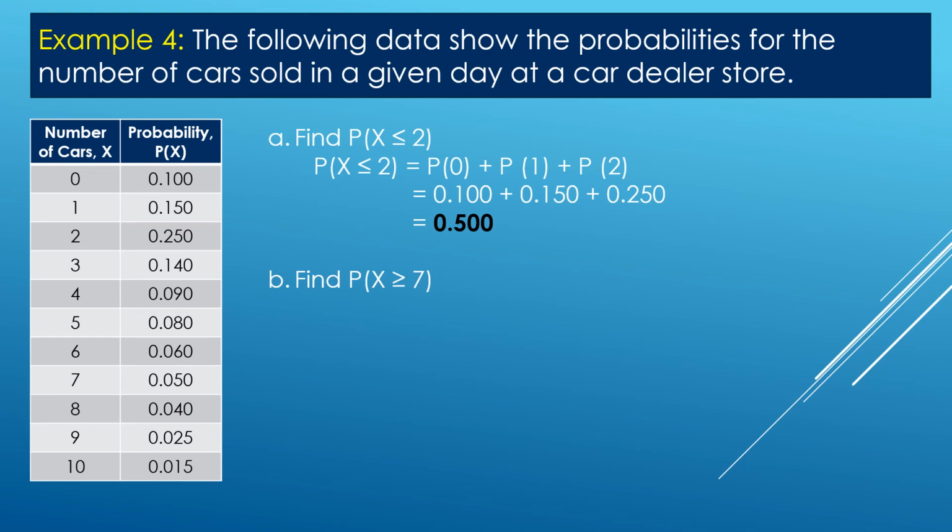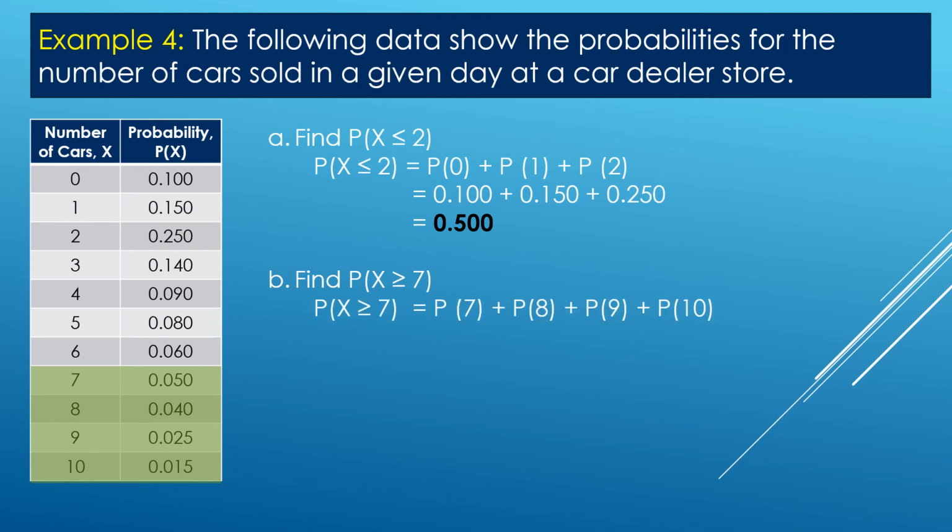Next, for letter B, find the probability of x wherein x is equal to 7 and greater than 7. So, what are the numbers that belong to this? Okay, let us check. So, 7 is included, and the numbers which are greater than 7 are 8, 9, and 10. Okay, so we have here the probability of 7 plus probability of 8 plus probability of 9 plus probability